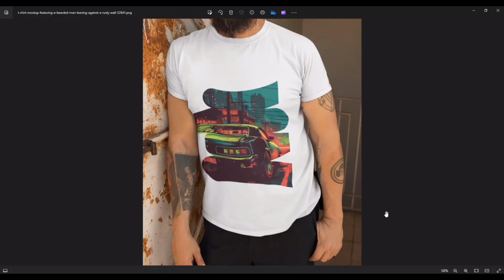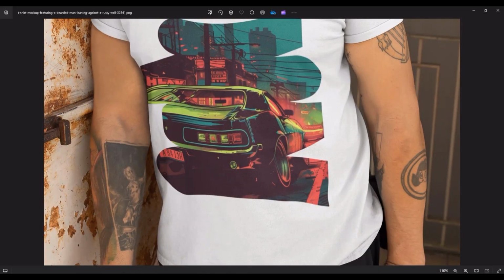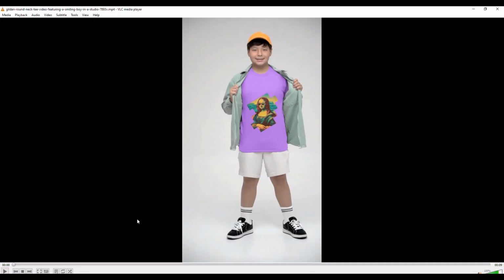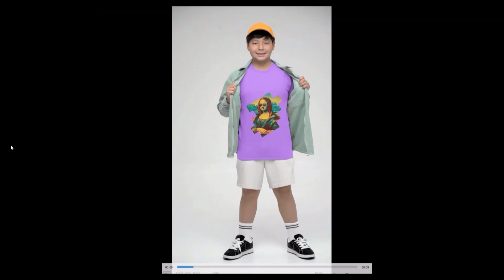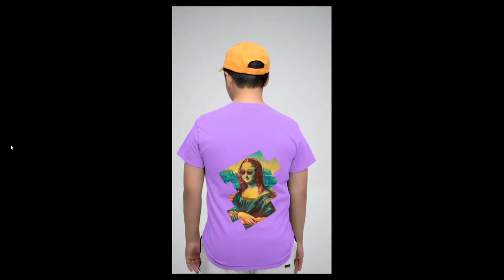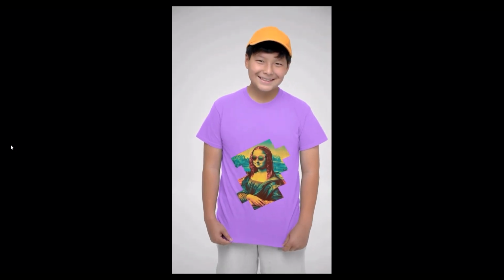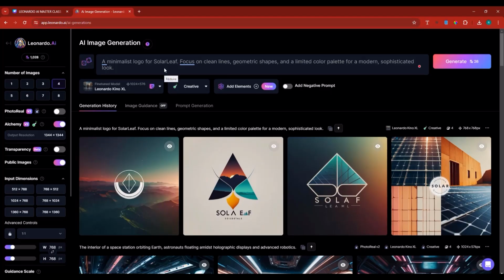Here we have a mock-up of this particular character wearing a pretty good t-shirt design generated using AI. And this is a video of a t-shirt design Mona Lisa style. Let's go ahead and watch it. All of that was actually generated via AI, and for that I would like you to go to Leonardo AI,